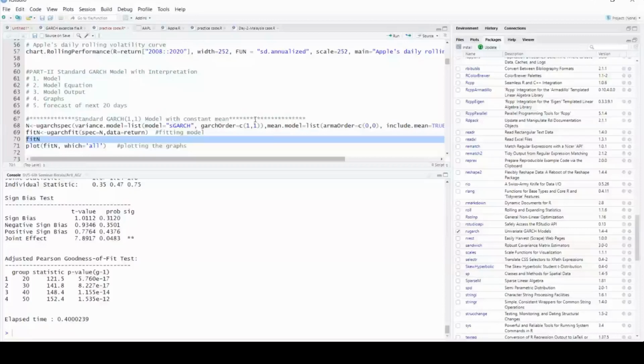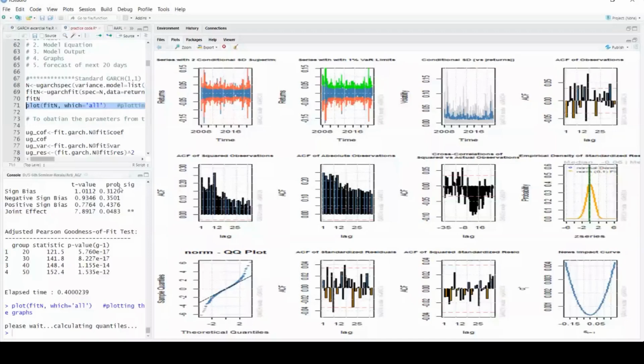Now, the important thing which I did not discuss yesterday is how to plot all the things together. This is one of the very good commands, and you will like it. Instead of plotting everything one by one, you can see everything in one plot. Can you see this plot, all of you?